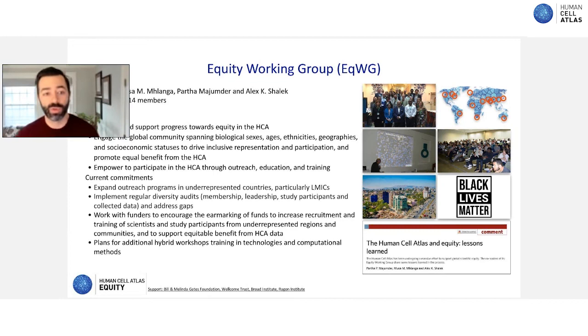Within the Equity Working Group, we've really been trying to figure out how to engage scientists around the world to make sure that the HCA is not only representative in terms of the individuals that it profiles, but that also it has representative participation. That we're not doing helicopter science, that this really is driven by local scientists tackling problems